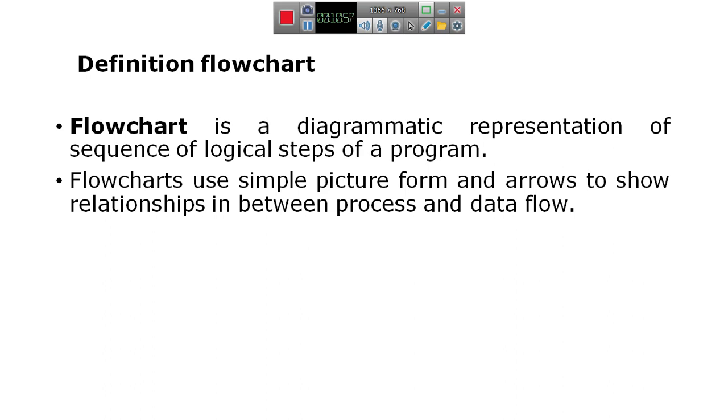The flowchart contains some symbols for start, stop, input, output, and for process.